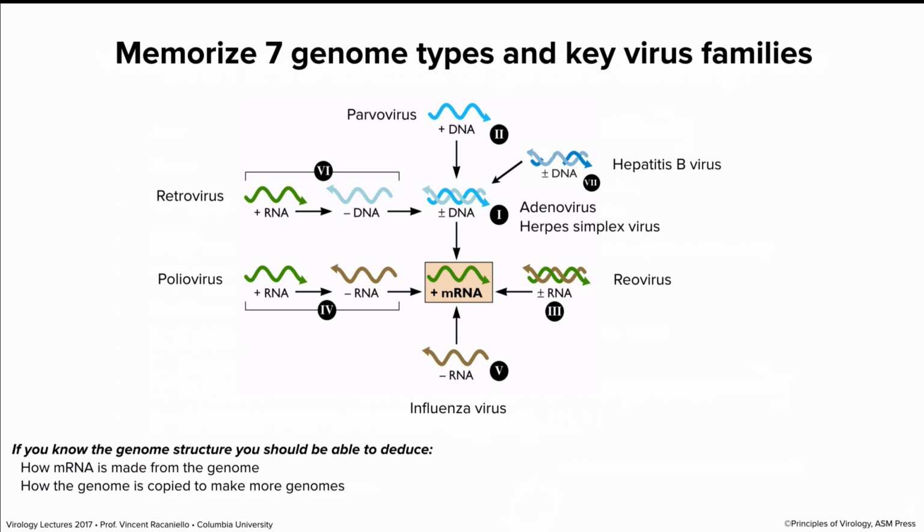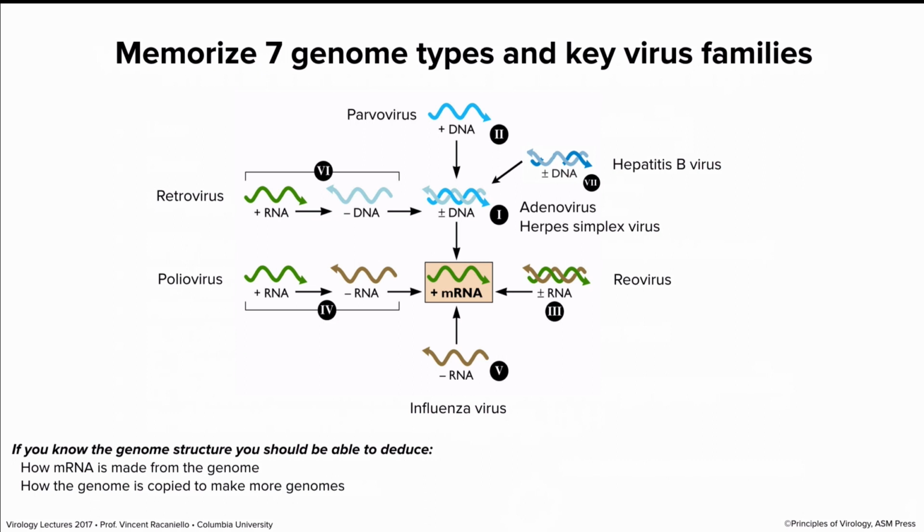Single-stranded DNA parvoviruses, and that's easy to remember. If you have a pet, a dog or a cat, parvoviruses can kill them, and you have to have them vaccinated against parvoviruses. Those are single-stranded DNA viruses. The gapped ones are hepatitis B virus. Moving into the RNA viruses, double-stranded RNA viruses are reoviruses. We will talk about those in terms of disease at some point. Influenza is a great example of a negative strand RNA virus, but Ebola and measles viruses are also.